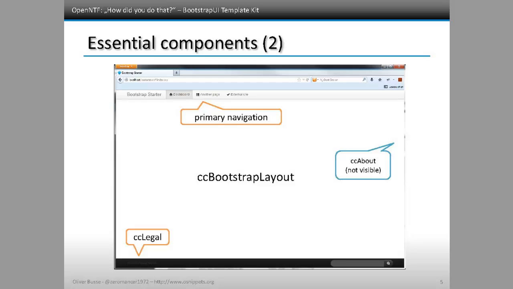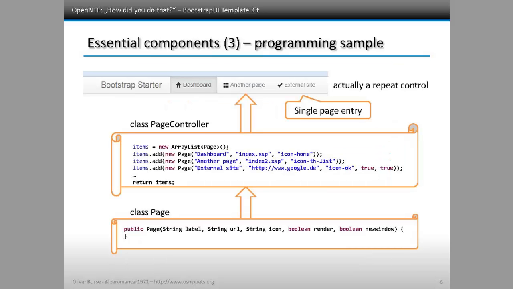I will focus on the programming of the primary navigation part. And we have a closer look at the programming possibilities from the primary navigation. The navigation bar on the top is actually a repeat control, a repeat control which is computing each single page entry from the class called page controller in the code elements. I will show a live demo afterwards, but now we have to have a look at the page controller class,